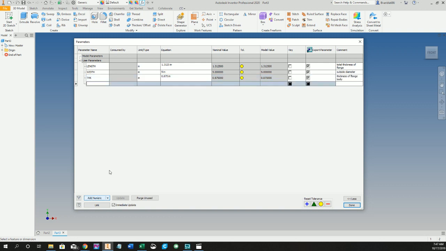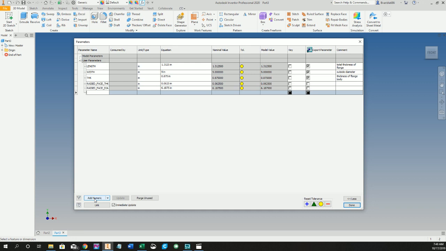Down below, we're going to go add numeric. Try that again. Add numeric. And we're going to put in raised face thickness. It's 0.0625. Raised face diameter, and that is 6.1875 or 6 3/16. We're going to go bolt